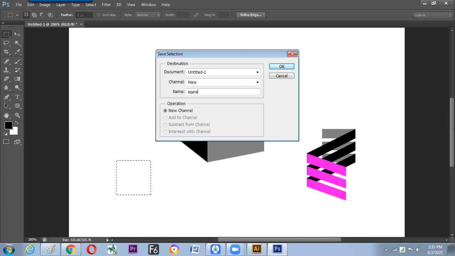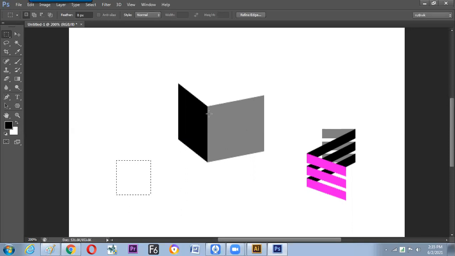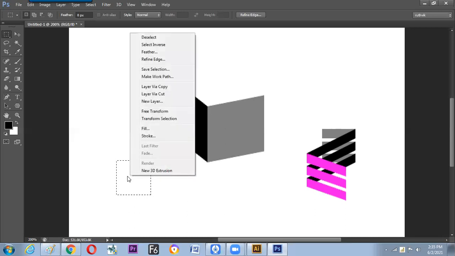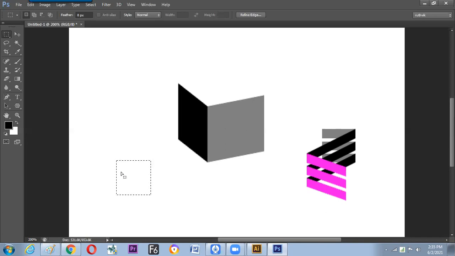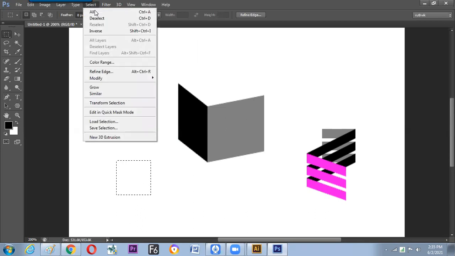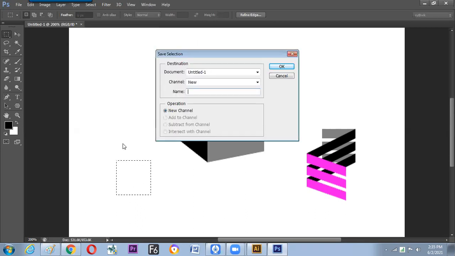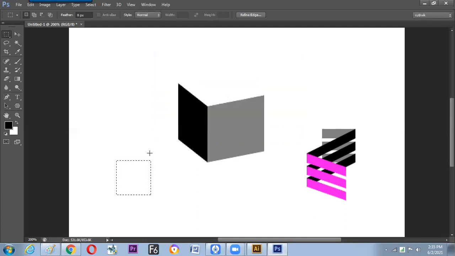You can make a square, but we cannot make it in exactly the same position. To get rid of this problem, we have saved this selection. How to save the selection? Right click on the selection and choose save selection. Or inside the selection menu, you can find an option called save selection. You can write down your name, whatever you want, and save it. Yes. Okay, why to save, we have understood.